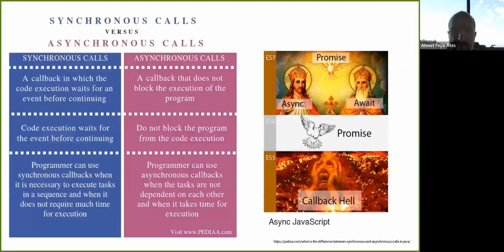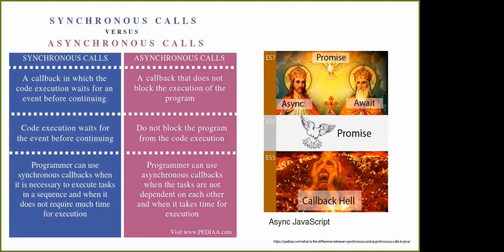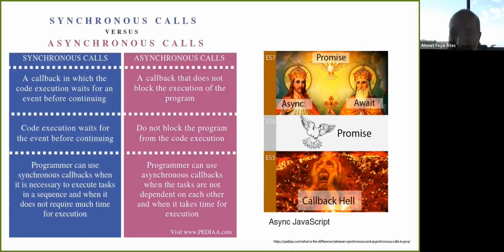This is a very, very good meme I have found on the internet. In the old days of JavaScript, in the ES5 version, JavaScript coders were always using callbacks, and that was causing great complexity. In ES6, promises emerged, and this became very good news for JavaScript developers. And now with async await syntactic sugar, JavaScript programmers are in their heaven days of asynchronous programming experience.